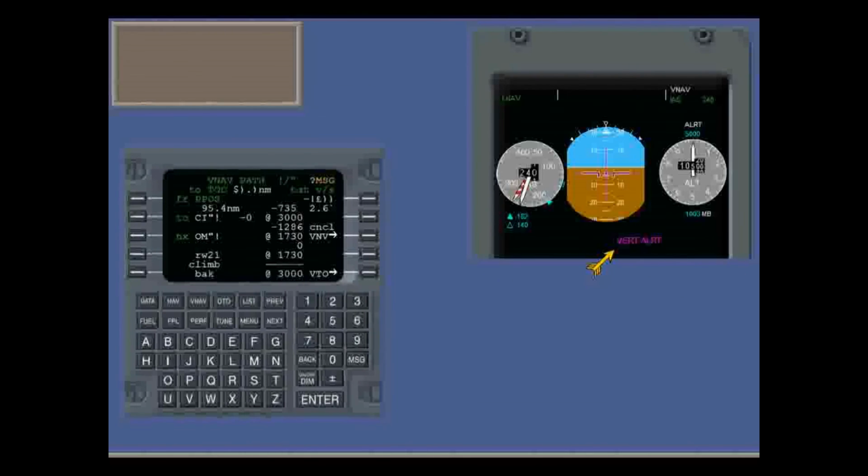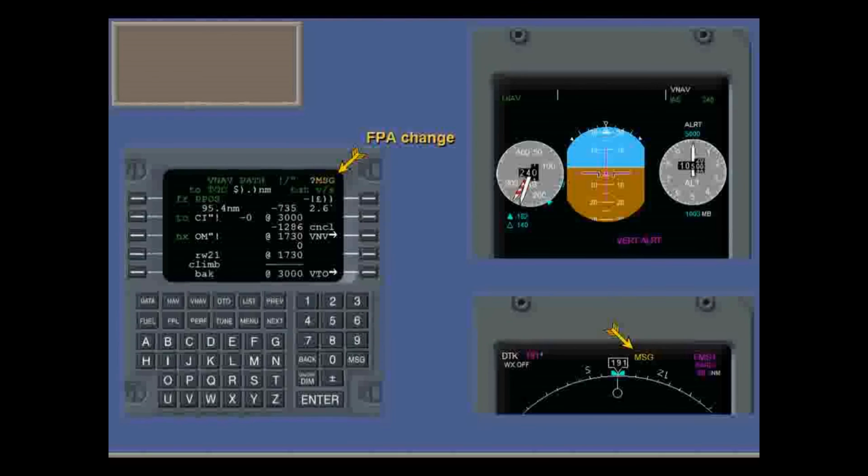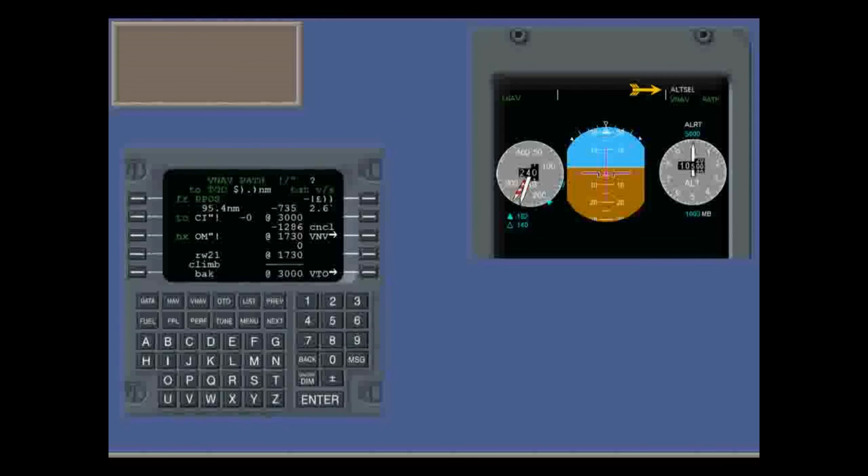Within about 2 minutes of the top of descent, you get a vertical alert on the PFD and an FMS message text at the top of the multifunction nav display and the FMS itself. The FMS message is Flight Path Angle Change. When the pitch angle is correct, VNAV is captured automatically and VNAV path becomes the vertical mode.